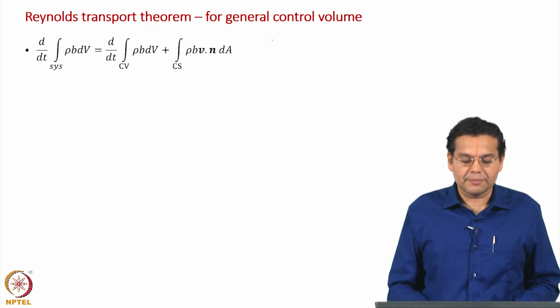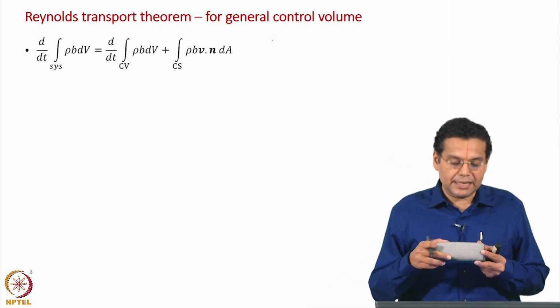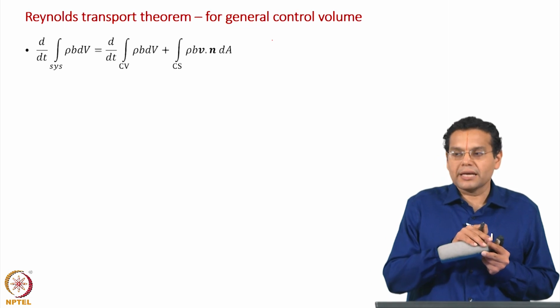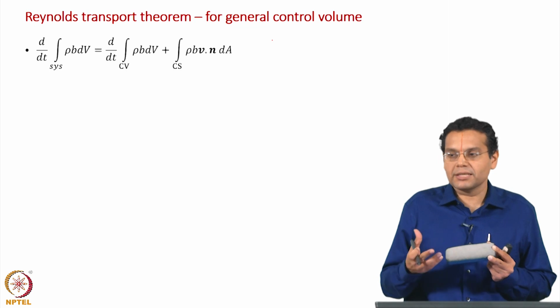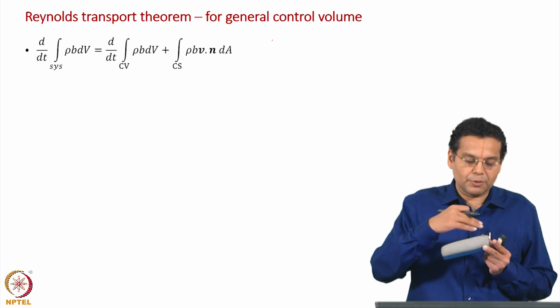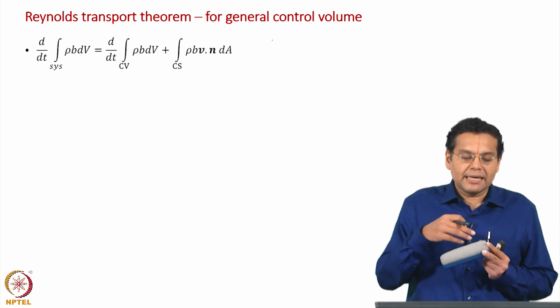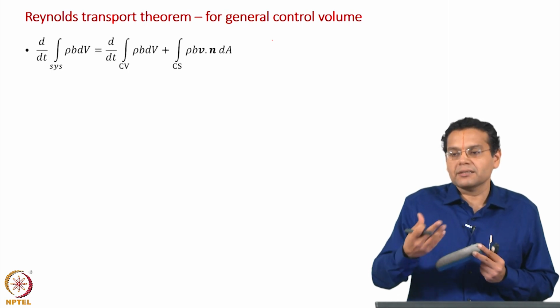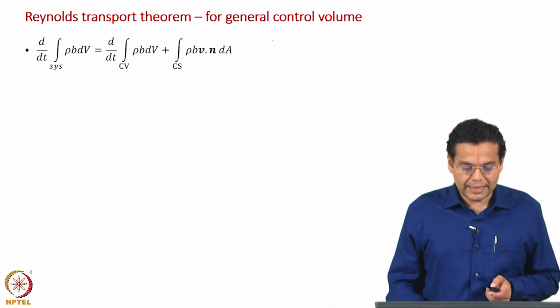General form, I mean, is applicable for a general control volume, means that now we are allowed for any part of the surface to be inflow, any part of the outflow, which means any number of inlets and outlets. We are allowed for variation of properties across inlet surface, outlet surface. We are also allowed for any angle between velocity vector and the normal to the face. So, whatever assumptions we had, we have all taken care of that now.